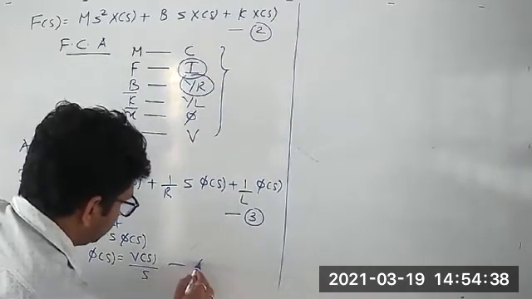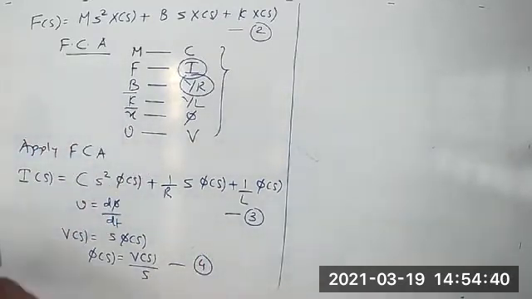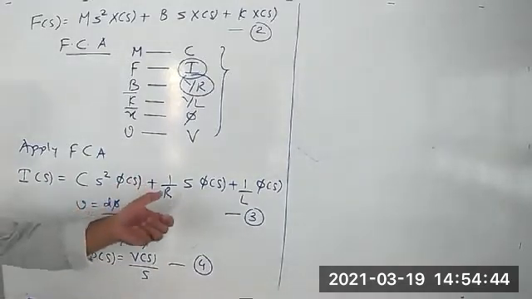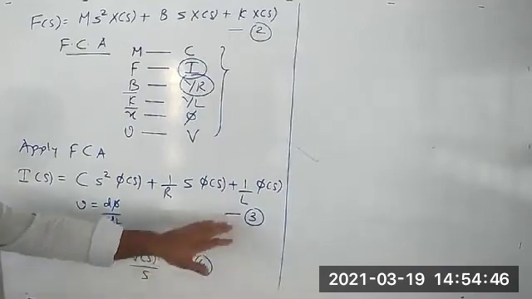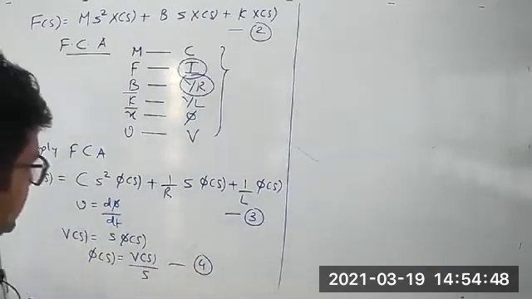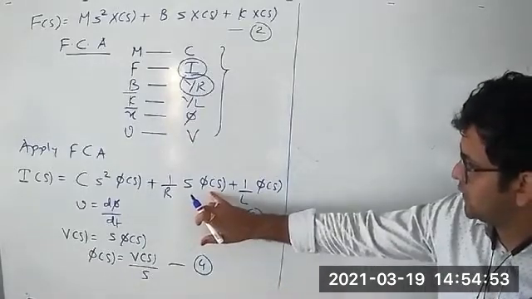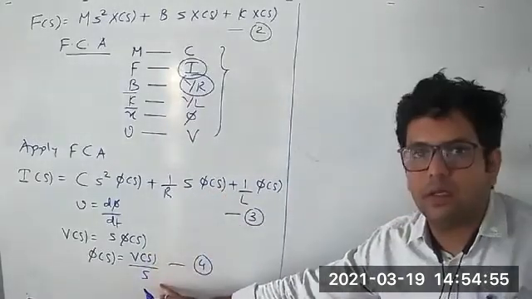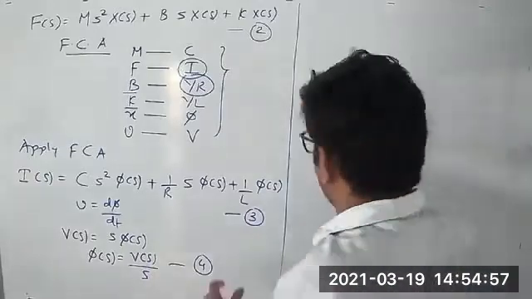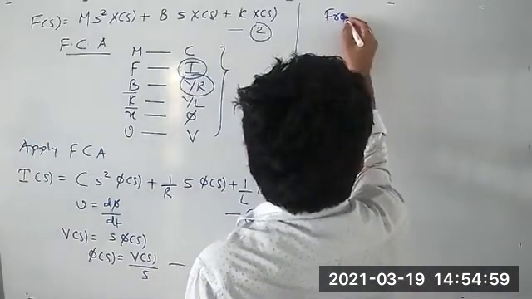Let this equation be number 4. So equation number 3 indicates the mathematical modeling of the system in the electrical domain, and by combining equation number 3 and equation number 4, we are going to replace this phi of S by a combination of V of S by S. So from equation